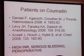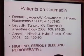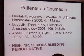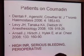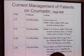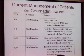Just a word about plasma transfusion. The American College of Chest Surgeons has put out guidelines for managing the coumadinized patient in the perioperative period. And they're on their 2nd or 3rd version of that. They're very well researched. They're very easy to understand. They've been pretty consistent with those recommendations, and at least at the hospitals where I hang out now, our use of plasma is nowhere near in line with what the recommended usage is. For example, in the non-bleeding patient, they say, regardless of what the INR